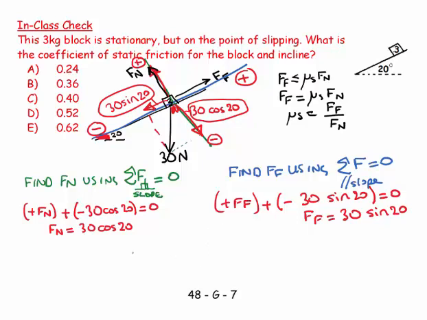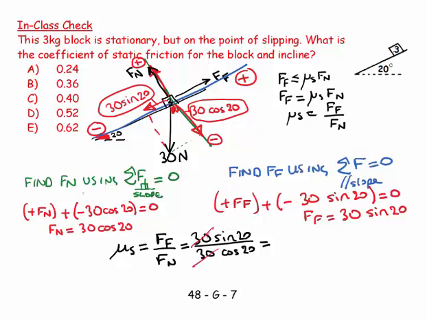Now I go back and I say mu s, my coefficient of static friction, which equals Ff over Fn, is equal to, and I look on here and I say, oh, that's going to be 30 sine 20 over 30 cosine 20, which equals, can you see how the 30s cancel,